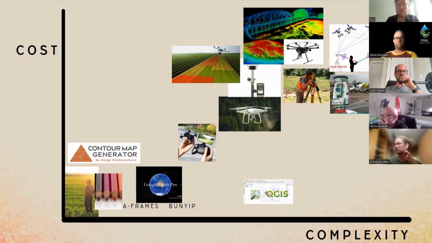And then going up again in terms of complexity and cost, we get into the civil engineering world, and in this area we've got LiDAR drones, mapping of vegetation, NDVI, high-level GPS, like the kinds used for doing road projects and bridge projects. And then we've got super high-end drones with corrections so that they're producing maps that are accurate down to the millimeter level or certainly centimeter level in real time. These products are extremely expensive. LiDAR drones also are very expensive, tens of thousands of dollars. Plus, there's also a complexity to using these tools, and it's a profession in and of itself,